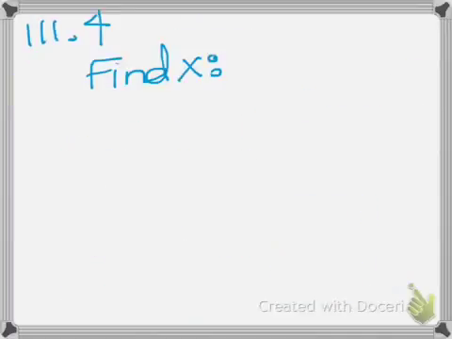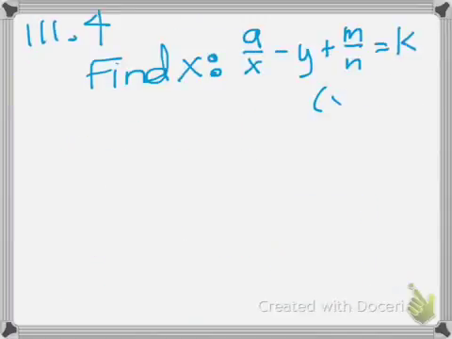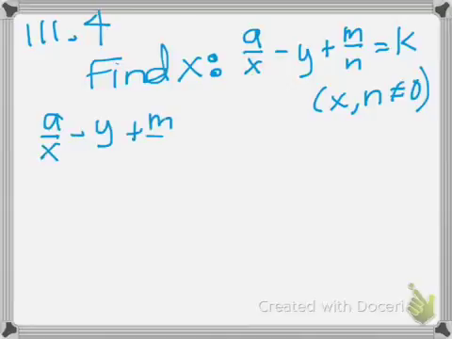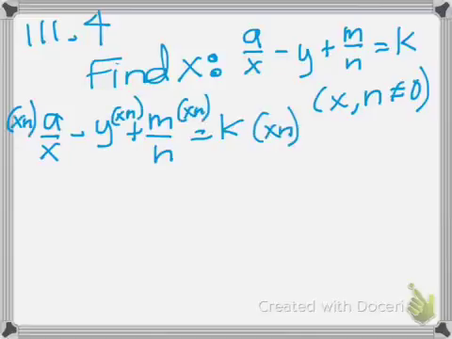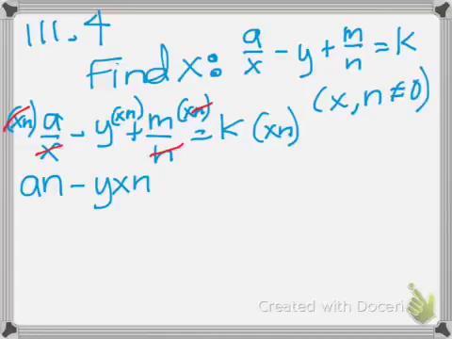Okay, now we're going to find x in this problem. It's just a little bit longer. So it's the exact same thing. We're just going to multiply everything by xn. Then we're going to cancel what we can, and we'll multiply out an minus yxn plus mx equals